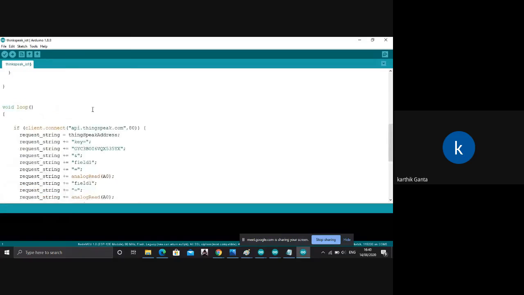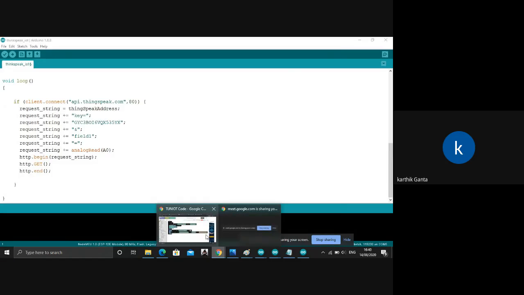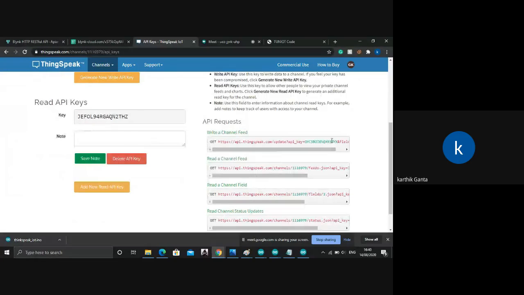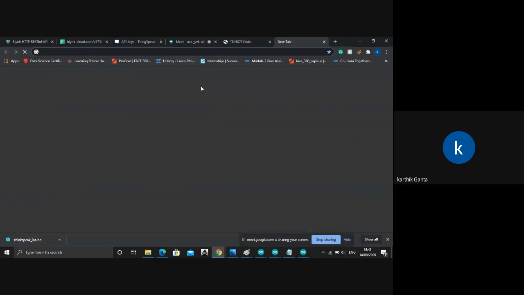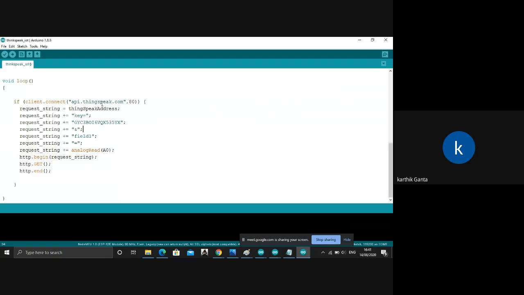So this is done, and now you can see the same format. I'll just show you the format. You see this format, right? You remember this format. Using this, we pushed data into ThingSpeak, right? So if you paste this format here and we push some value, it will be pushed. We did this. So in the same format, the NodeMCU is going to send.